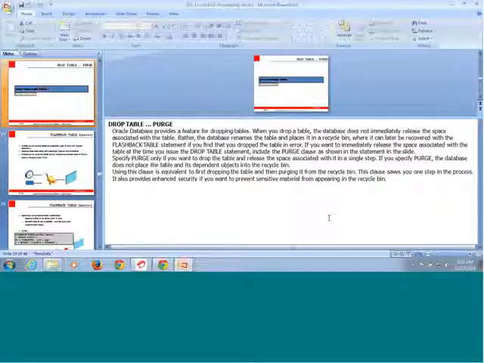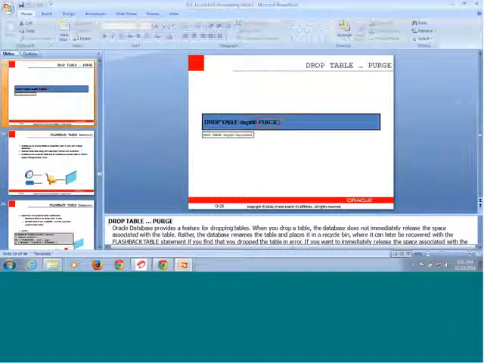This clause saves you one step in the process, and it also provides enhanced security if you want to prevent sensitive material from appearing in the recycle bin. Now this is an additional one. Drop is one such command. If I just use DROP TABLE table name in this query, without purge, then the data value of the table, which can be sensitive data or data that can be publicly viewed by any person, will be present in the recycle bin.